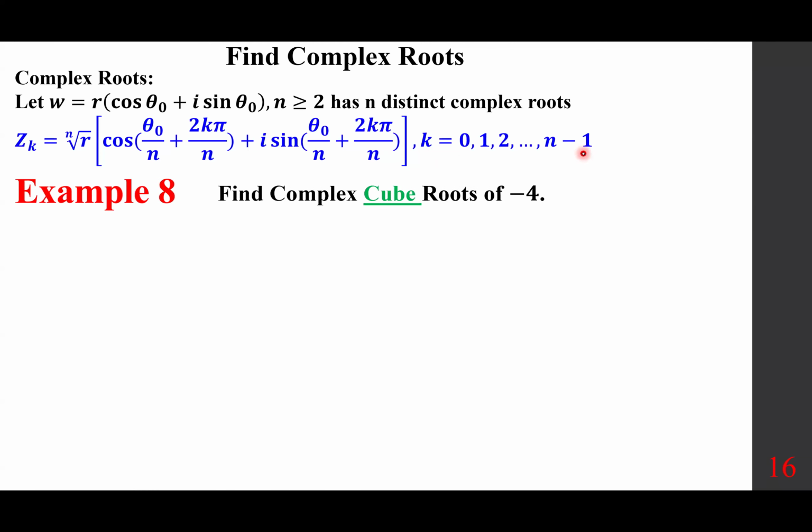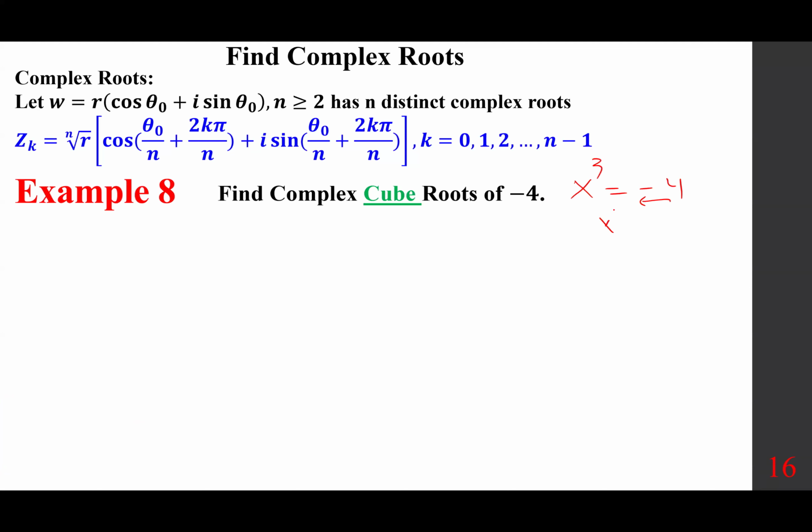Find complex cube roots of -4. I want you to know, if we were to do this in algebra, and we have done that, just to let you know, and you can finish it if you want, you would write x cubed is -4,